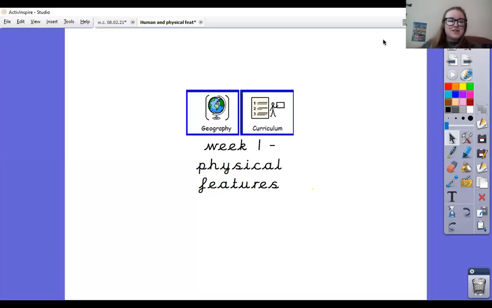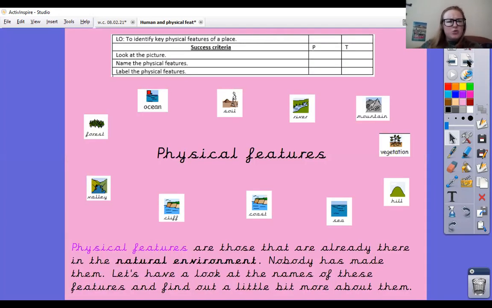Hi everyone! So today we're going to be moving on to geography and we are looking at the physical features of an area. So what is a physical feature? A physical feature is something that is natural. So it's not something that a human has built or made, it was something that you'll find in the environment